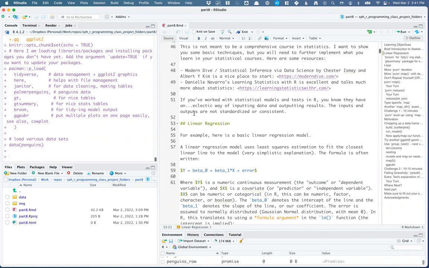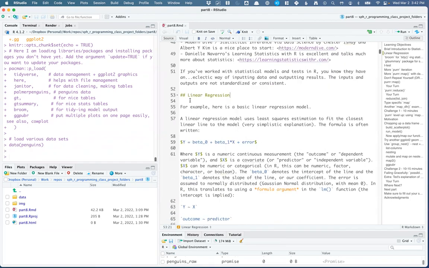But if you've taken a stats class where they didn't really teach in the tidyverse, you probably have seen that there's a very large variety of ways that models are run in R. And by that, I mean the inputs often are not standardized across different types of models. The output often looks quite different across different models. And so we'll show one, linear regression, kind of the simple